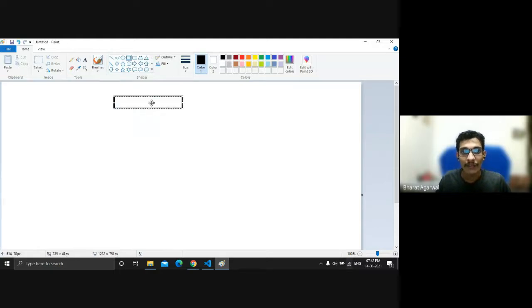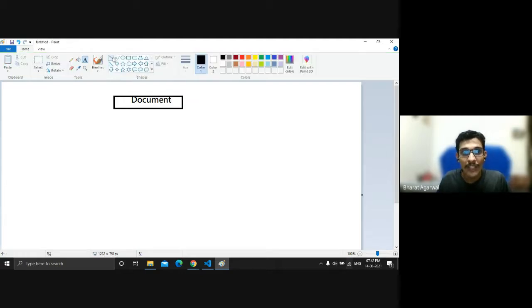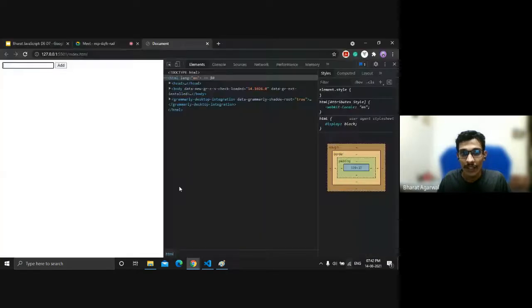As of now, we have document. Under this we have two things. The one is head and the other one is body. In body, we have different types of things.